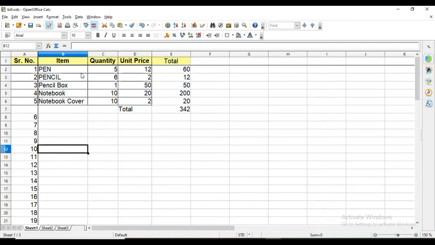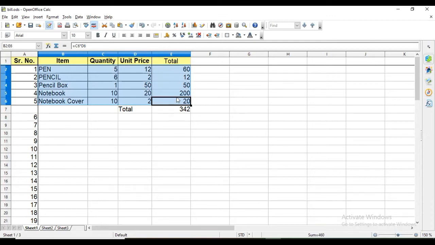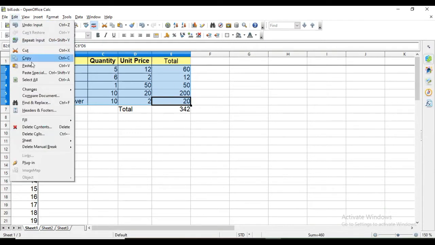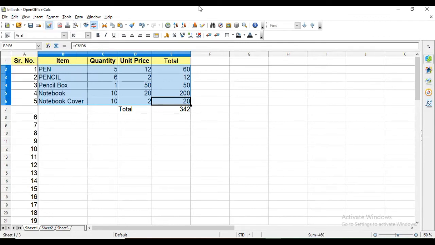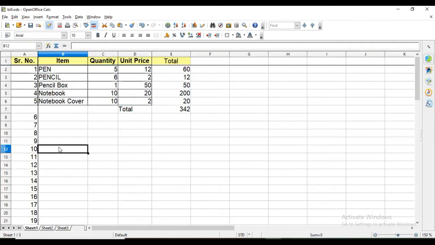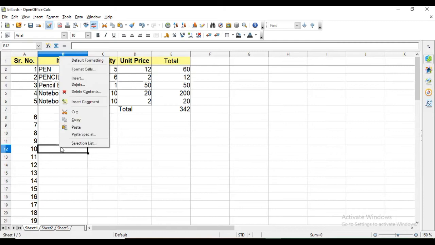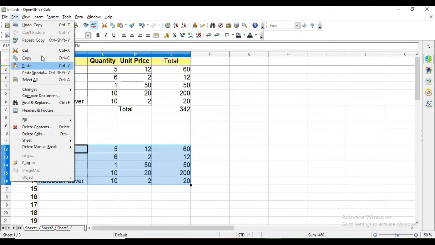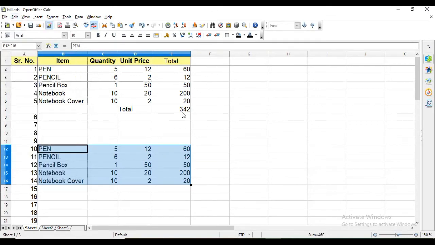So first of all, select this, press Ctrl C, that is copy, or right click and select copy. Okay, or from Edit and select copy. These many options are there. And come to the cell where you want to paste this content and then use Ctrl plus V to paste it, or right click there and click on the paste option, or from Edit you can use the paste option. Okay, so this is an example of copying contents.